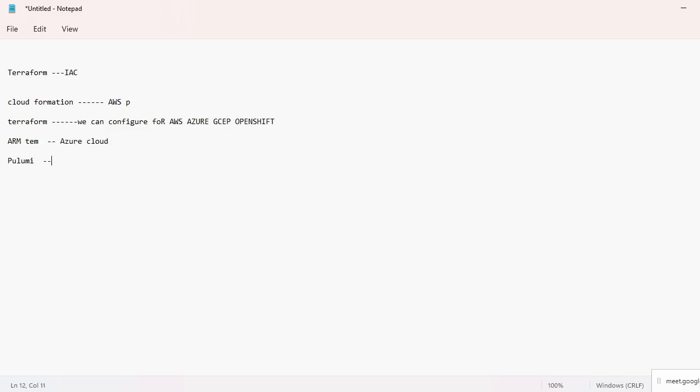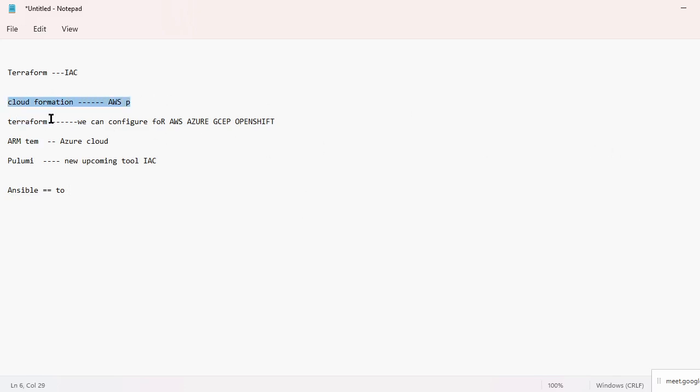And Pulumi is a new upcoming tool for IaC. In this we can use Ansible also to execute some modules in Terraform. CloudFormation is only for AWS.